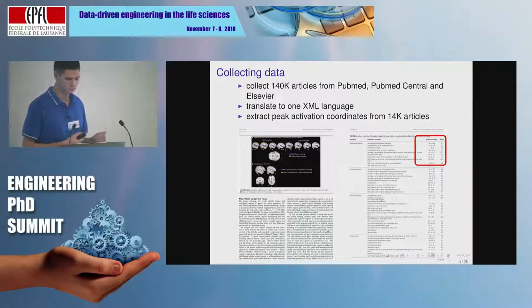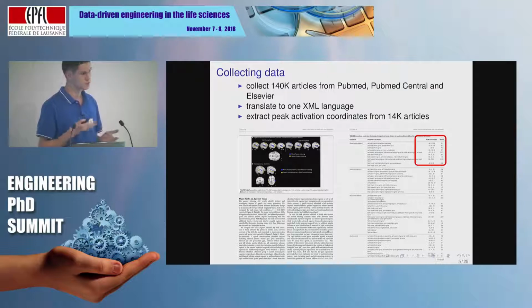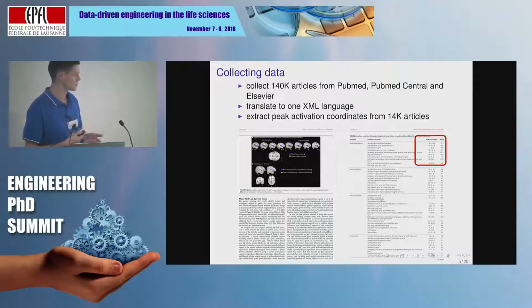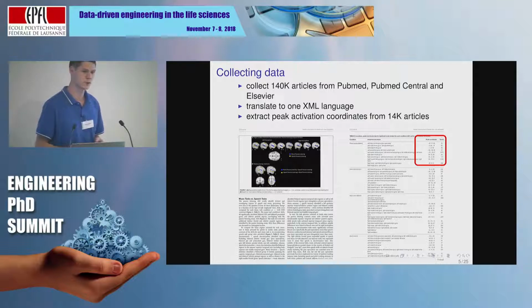Unfortunately, like I said before, usually we don't have these images. So the next best thing is peak activation coordinates that are often reported in tables in the articles. So usually when someone conducts a study using fMRI, they would, in the text of the study, describe the experiment they make. They will scan patients performing, for example, a certain task, and then they will find out which regions of their brain showed significant activations when they were performing the task.